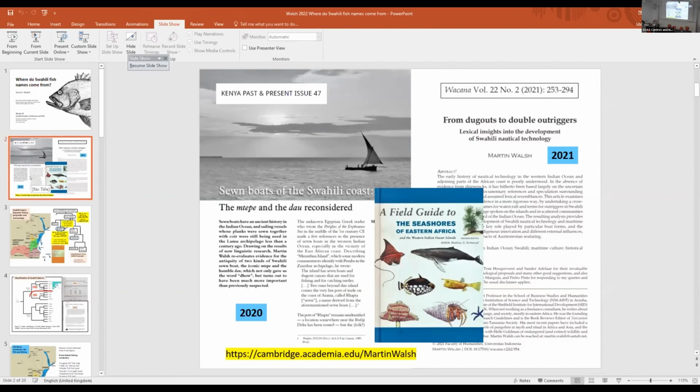This continues work I started during lockdown on the vocabulary of nautical technology, a couple of papers so far, both of which need correcting, by the way, and then I extended it to marine fauna, including fish. And today I'm just going to focus on fish. Why lockdown? Because it's one subject that I could study at home because I had a lot of the lexical resources with me. And also I've got my own Zanzibari consultant at home, consultant in inverted commas, who sometimes agrees to answer questions. So that's what this is.